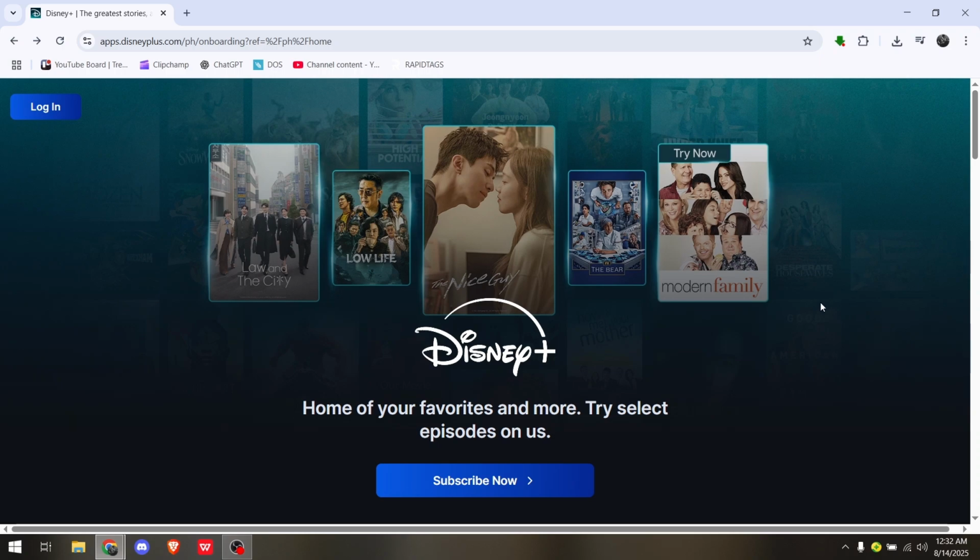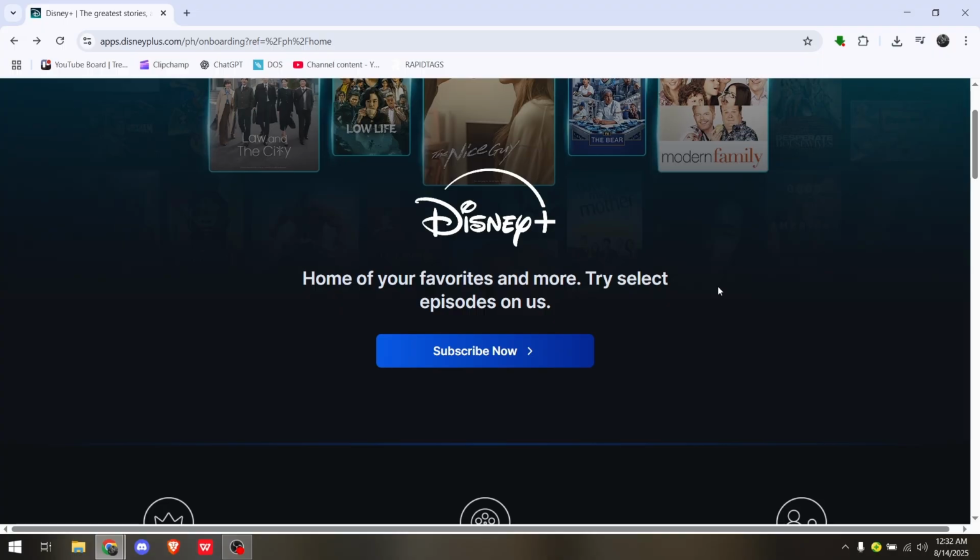How to sign up on Disney Plus. Now, the reason why I'm currently showing you the web version of Disney Plus is if you will